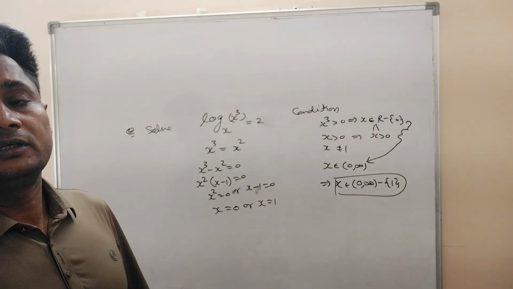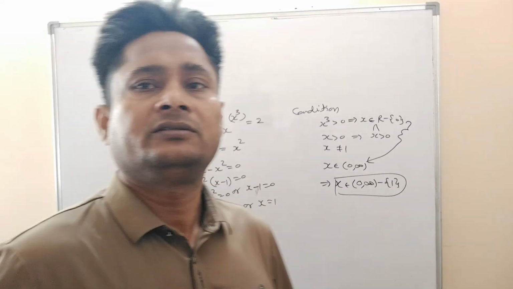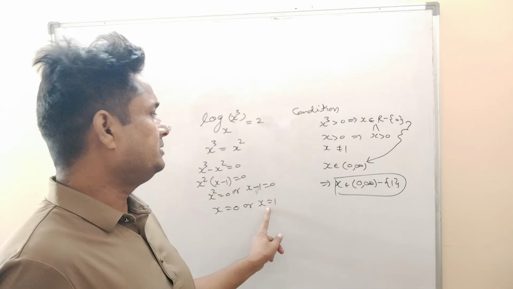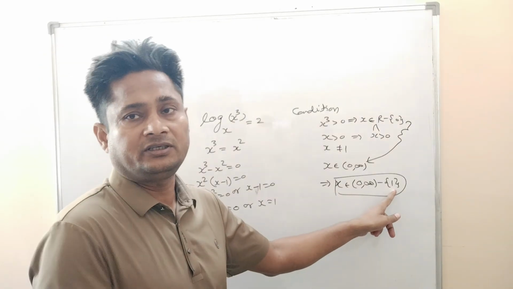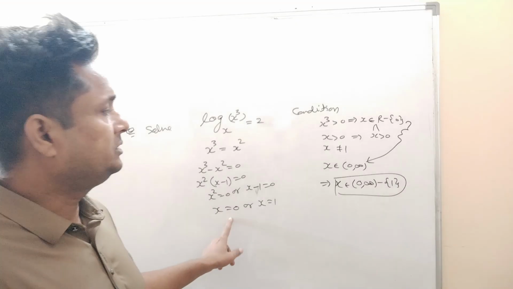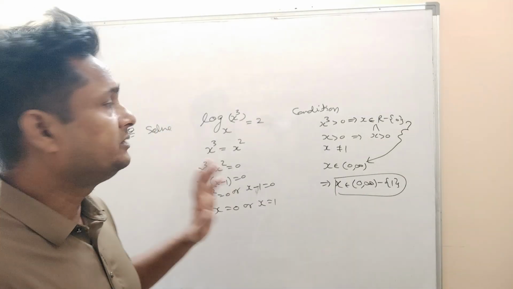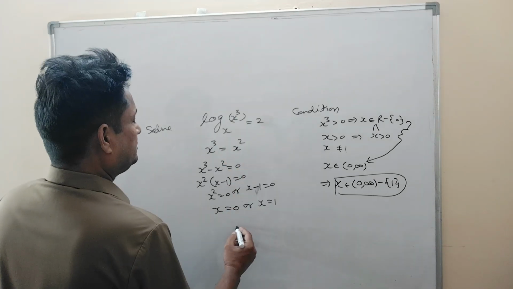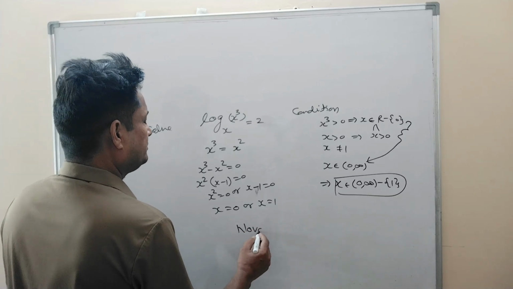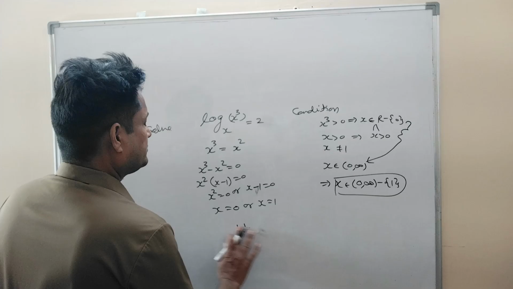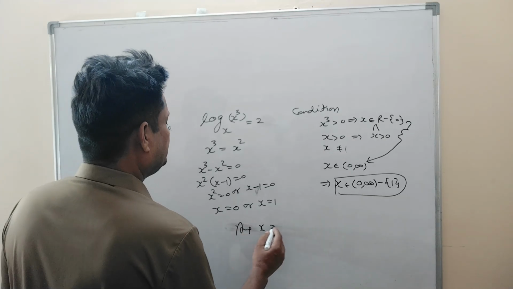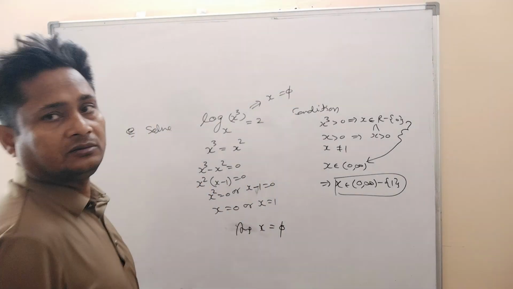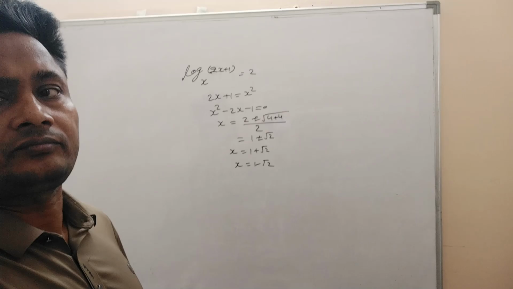These are the two values of x, but we have to check whether these two values lie in this interval or not. So see, 1 already does not lie because 1 was already subtracted. 0 we have to check, 0 also is not included. So there will be no solution for this one. That means no value of x. That means our answer is what? No value of x for which it will be satisfied.